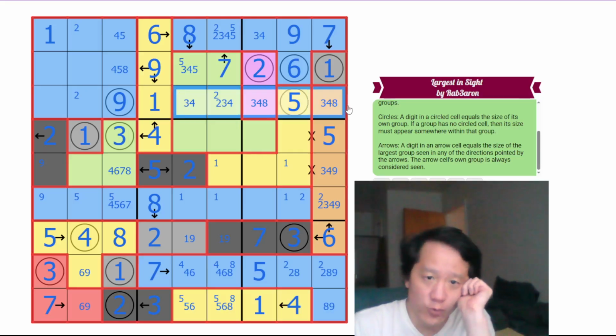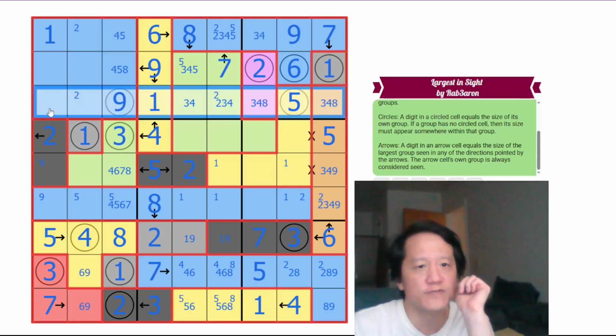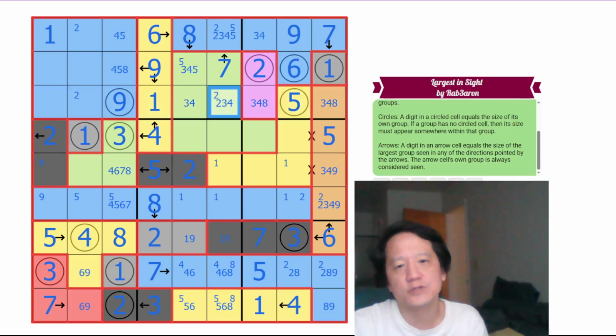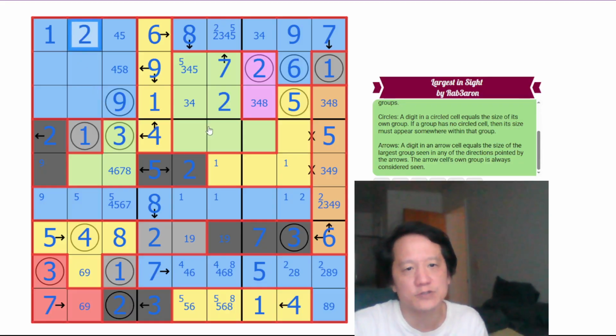We have a 3, 4, 8 triplet in row 3, which eliminates 3, 4, and 8 in the rest of the row. So this can't be 3 or 4. It's 2. That eliminates 2 from being here, so this is 2 there. No 2 here. That means